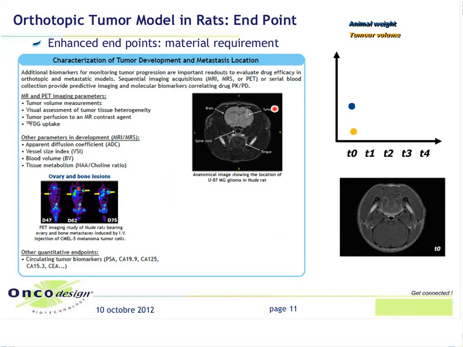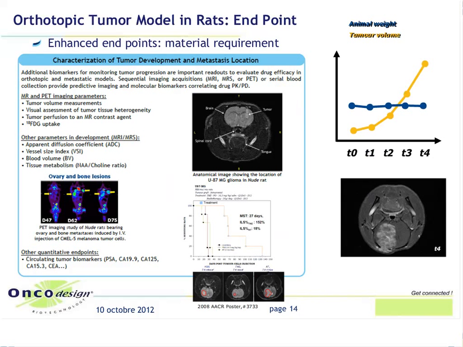To overcome this difficulty of the endpoint, costly material is necessary, like MRI or PET apparatus, and apparatus dedicated to rodent. For example, it is possible to follow the growth of glioma models in the brain. We see here the tumor, and this by MRI, and this before the observation of parallel or indirect macroscopic signs of tumor development like the